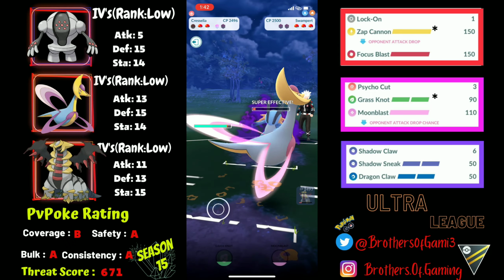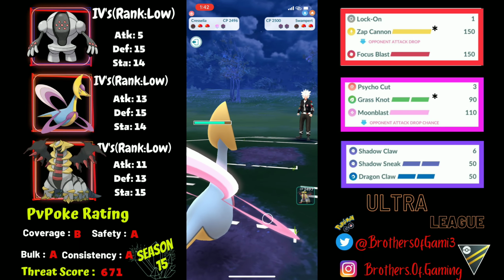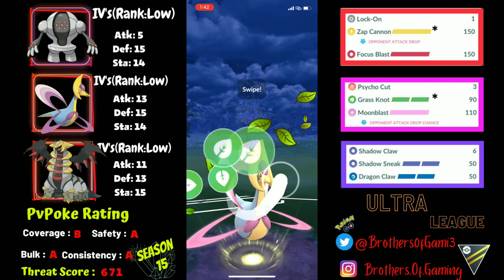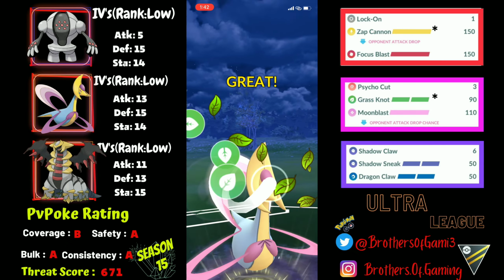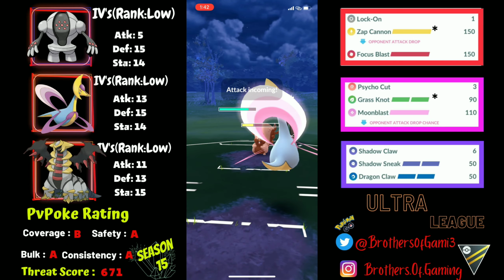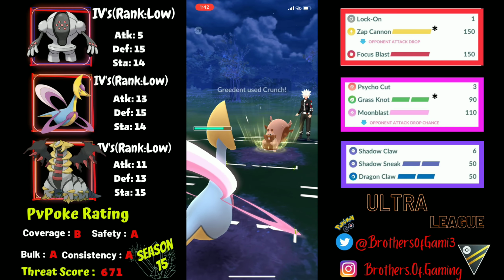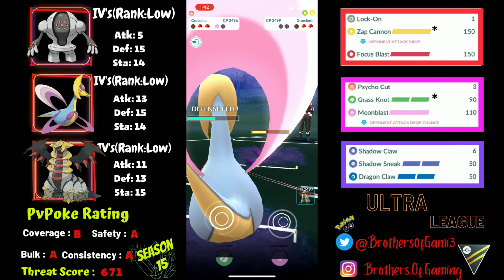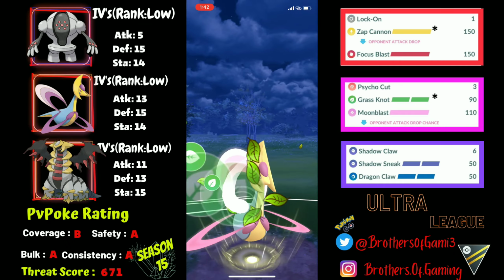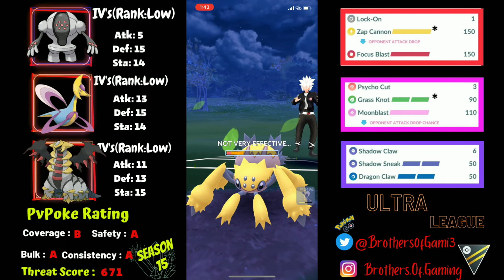from this kind of range I will be undercharging the next Grass Knot, getting so much energy with my Cresselia, which is huge because now though they come back with their own Gradient, which is quite tanky, so I'll be going for the first Grass Knot, and now I can let this next Crunch go through as well, because Crunch from a non-STAB attack defense rated Pokemon like Gradient does not threaten my Cress, to which now I'll be going for the next